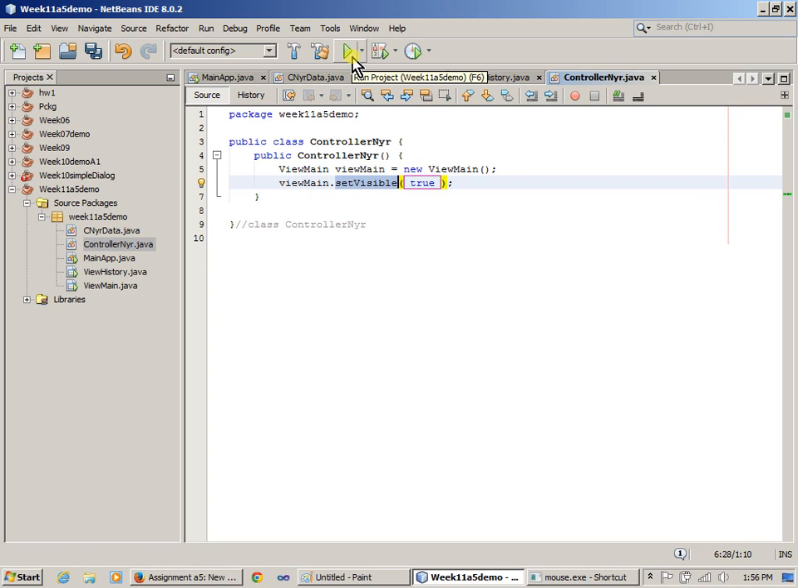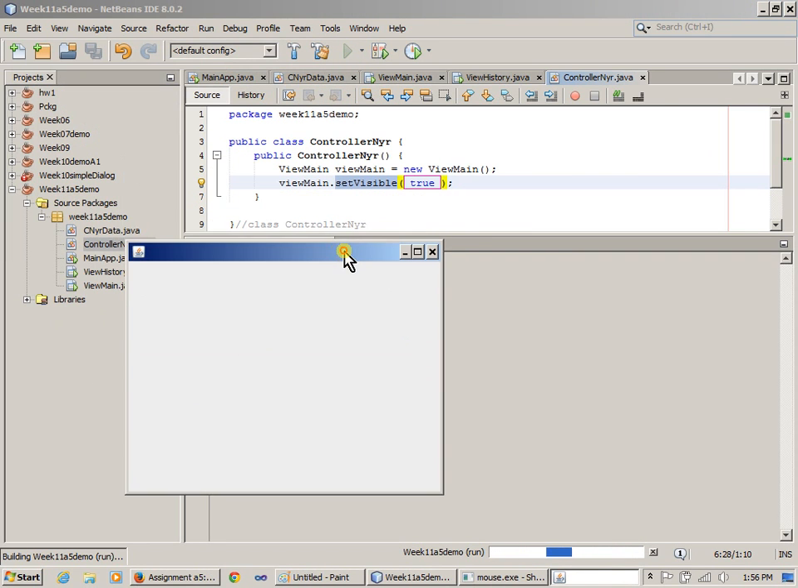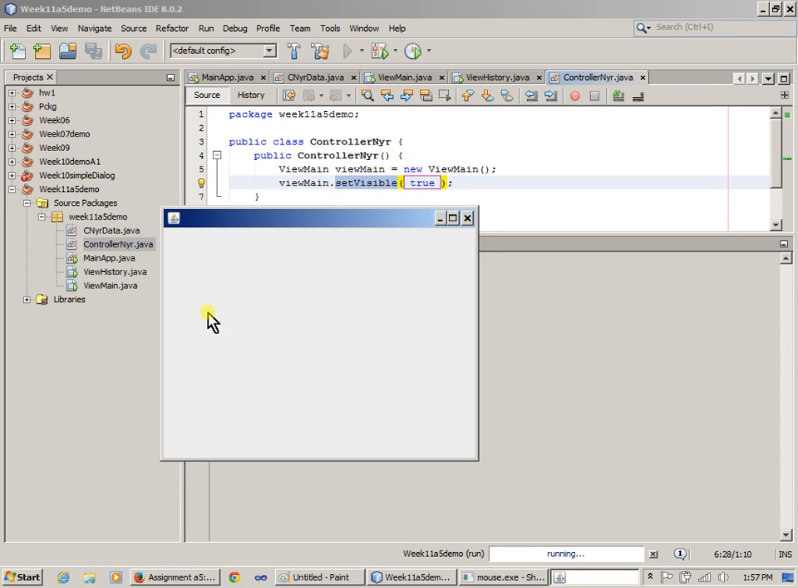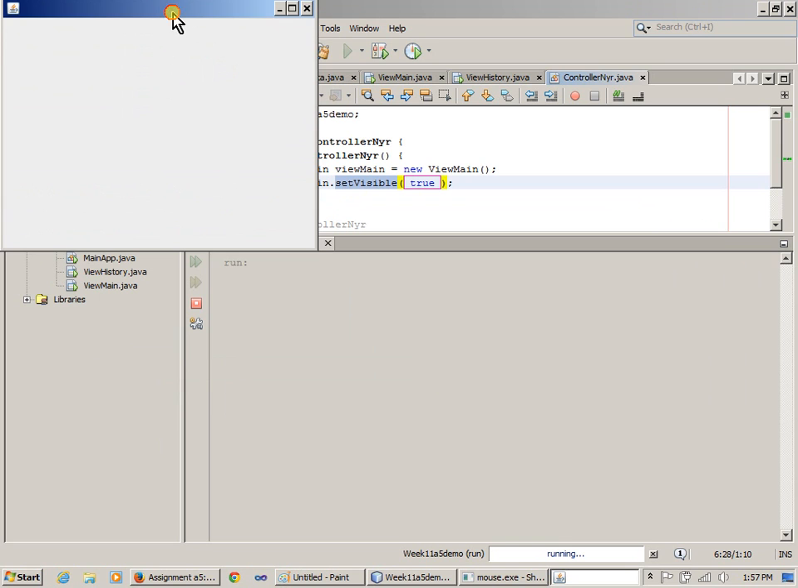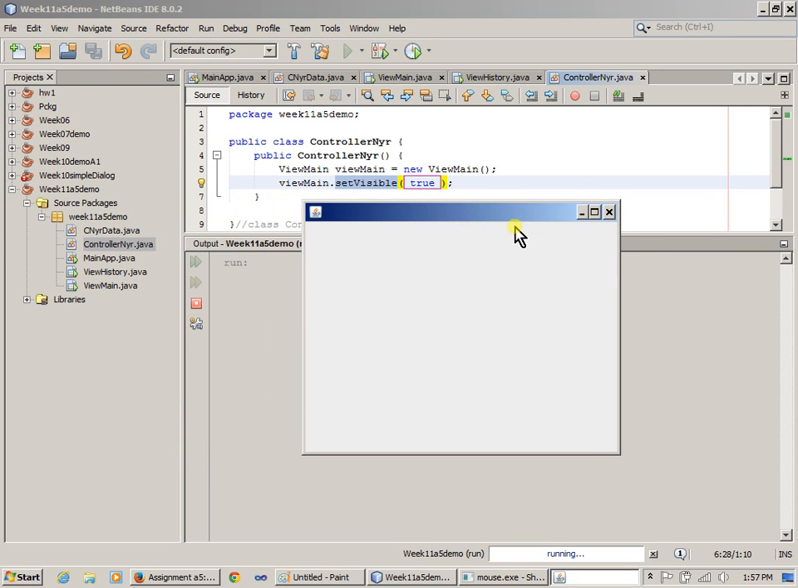So if I run this, the window becomes visible. Obviously, this is just an empty window, doesn't even have a title, and this is the minimal window that NetBeans designer created for me. It just essentially gave it some default dimensions on my screen, which is roughly 1/4 of the screen, maybe a little less than 1/4, but that's what it did. Okay, so that looks like